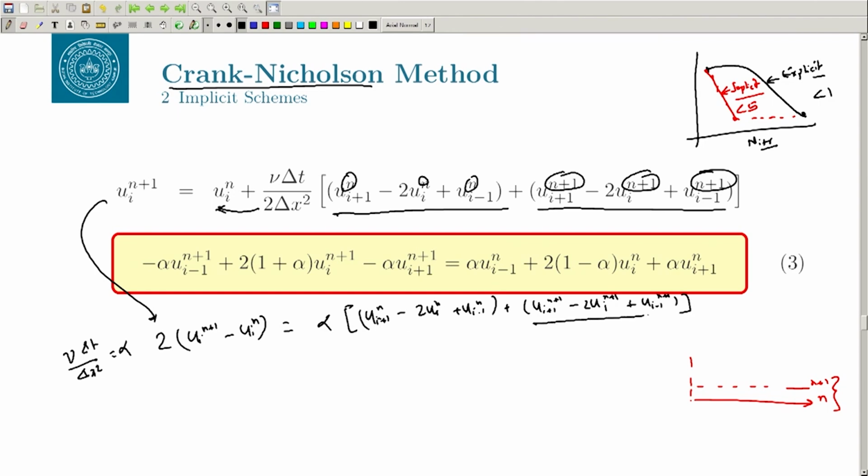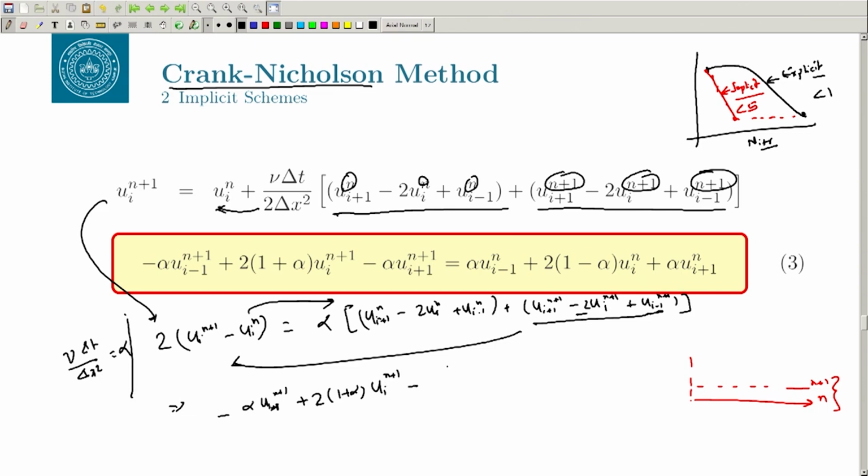So, these are the n plus 1 terms, they will go on the left and all the n terms on the right. So, you can write it as minus alpha u i plus 1 n plus 1. We will write the i minus 1 term first, this i minus 1, plus 2 into 1 plus alpha. This negative term will become positive and multiplied by alpha, that will become u i n plus 1, and minus alpha u i minus 1 n plus 1, and on the right hand side you can write it as,